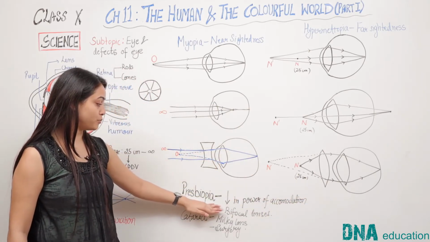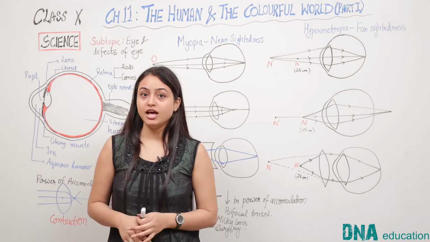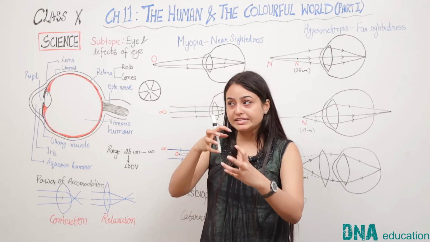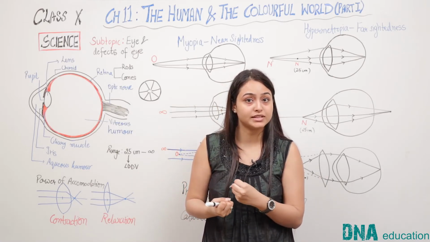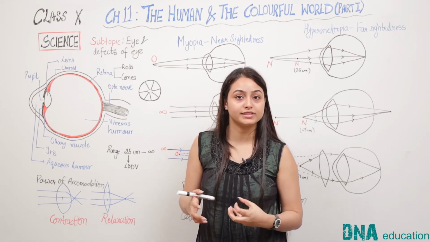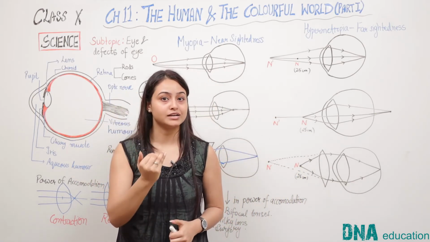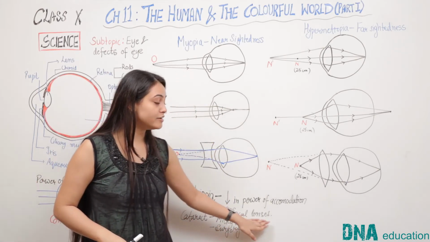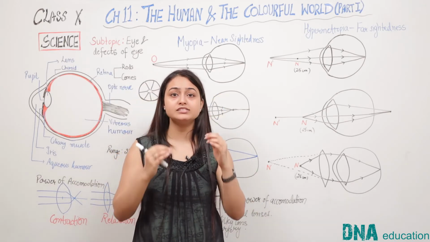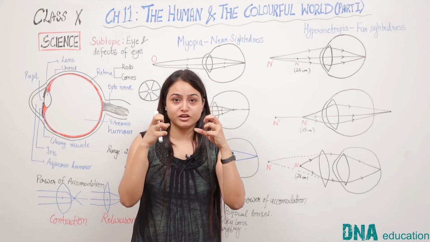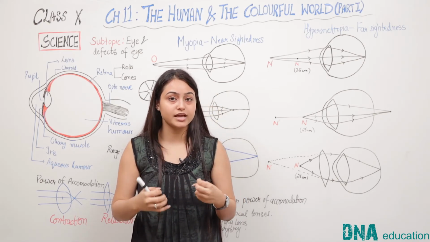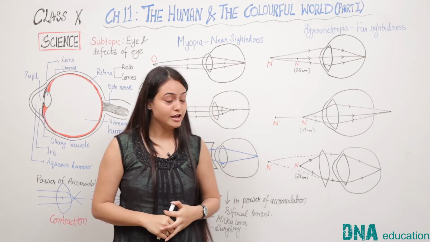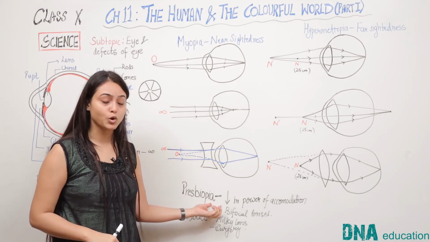Another disorder is presbyopia. Usually in old age the muscle power of the ciliary muscles is reduced because of which वो easily eye lens को accommodate नहीं कर पाती है, मतलब जल्दी से contract या relax नहीं हो पाती है, जिसकी वजह से eye lens ना ही पास की ना ही दूर की चीज़ों को जल्दी से focus कर पाता है. In such cases we use bifocal lenses. There are lenses or spectacles in which lower part contains the converging lens जो कि पास की चीज़ों को देखने में help करता है and the upper part consists of concave lens जो दूर की चीज़ों को देखने में हेल्प करता है. So this is presbyopia which usually occurs in old age.